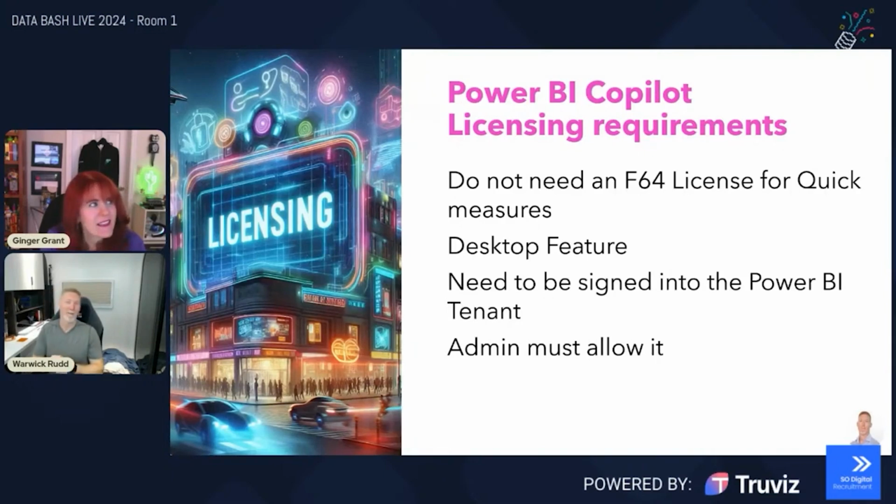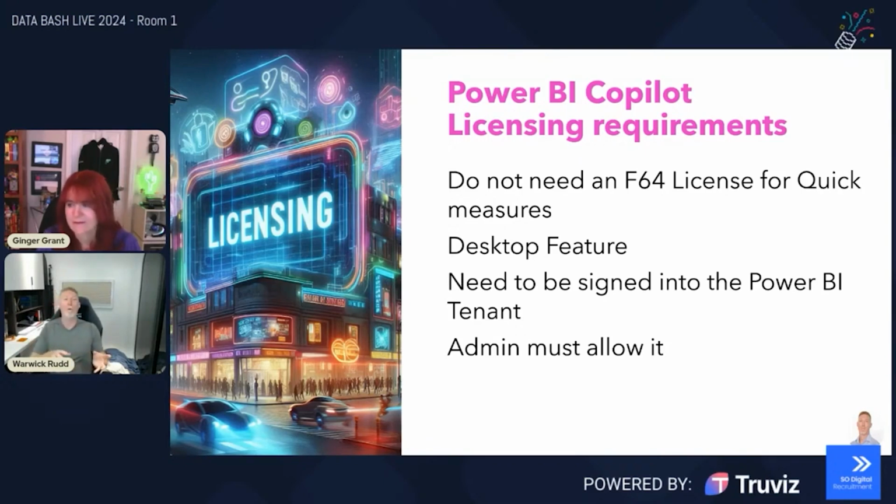Copilot, lots of chatter about Copilots and everything, but in what we're talking about in this session, we don't need an F64 license for quick measures inside of Power BI. However, to access Copilot in the Power BI service, the workspace has to be running either an F64 or premium capacity.